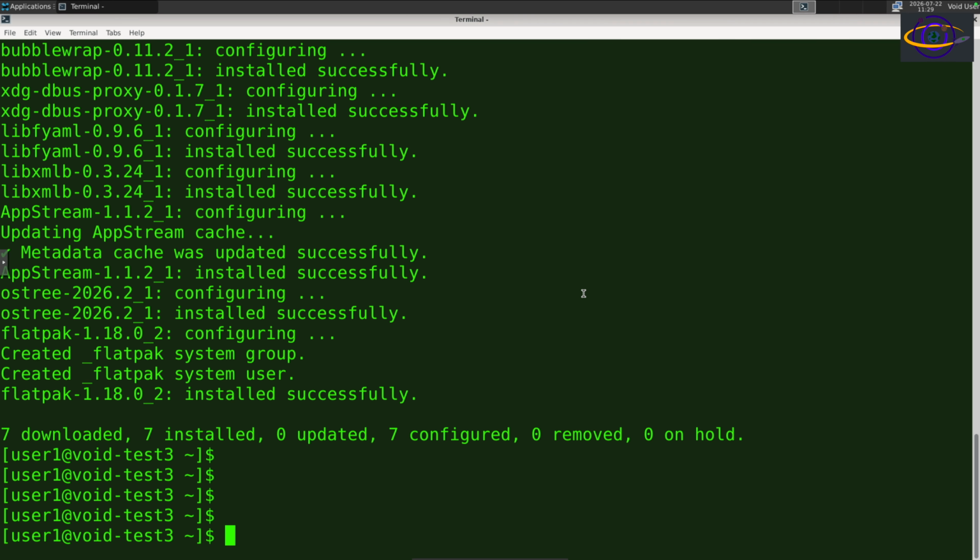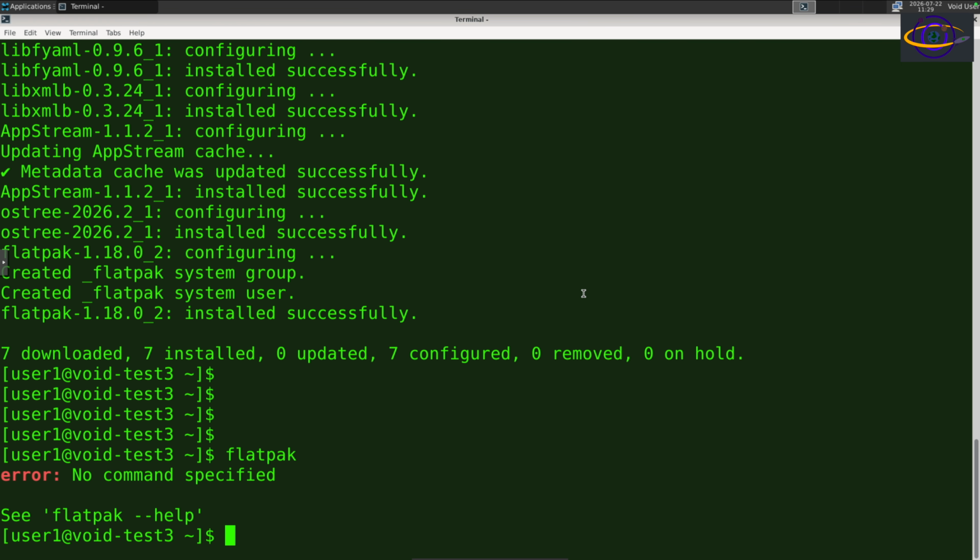So now we're going to need to add a remote if it doesn't exist. So let's just see if the command exists just to verify. Flatpak. All right, so Flatpak works. So we're going to say flatpak remote-add --if-not-exists, which it doesn't, flathub